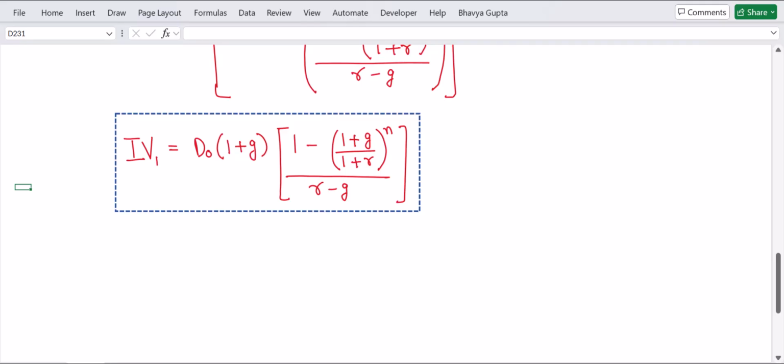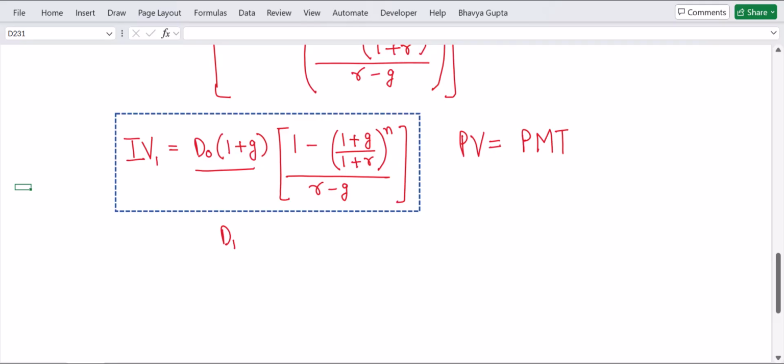If we generalize this equation for present value of an annuity that grows at a constant rate each year, we will get PV, present value, equals PMT. So again, PMT here is subjective. If we see this part of the equation, D0 into 1 plus G, this is nothing but D1. This is the dividend we will receive next year, and we are discounting that dividend as well to today. So this PMT is the annuity that we will receive next year, which we are discounting to today.